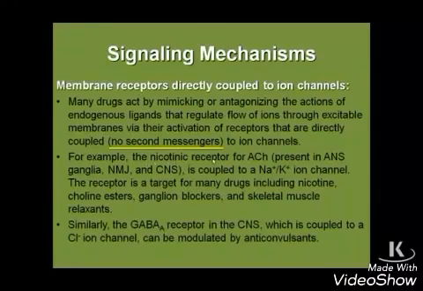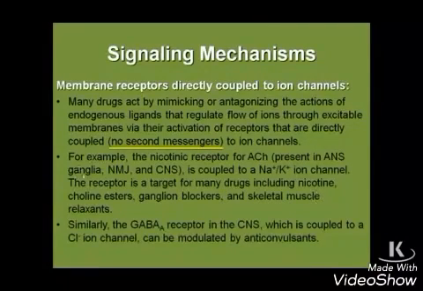A good example is the nicotinic receptor for acetylcholine, which is present in a variety of locations in the autonomic nervous system at the ganglia, at the neuromuscular junction, and also in the CNS. This receptor is directly coupled to either a sodium or potassium ion channel. It's the target for many drugs. Of course, nicotine would be a target for the nicotinic receptor. Choline esters, ganglion blockers, or skeletal muscle relaxants, many drugs that you will cover in the autonomic nervous system